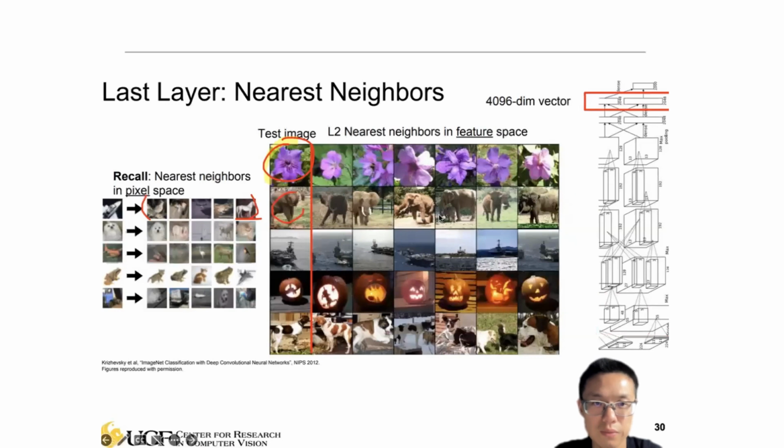We also talked about how we can use the last layer as the feature embedding and do nearest neighbor retrieval. For the test image, we extract the feature, maybe from the last fully connected layer, as the feature embedding, and we use that to retrieve the nearest neighbors, and we get a sense of whether this model makes an accurate prediction. These examples tell us that the model is able to retrieve similar semantics or concepts.